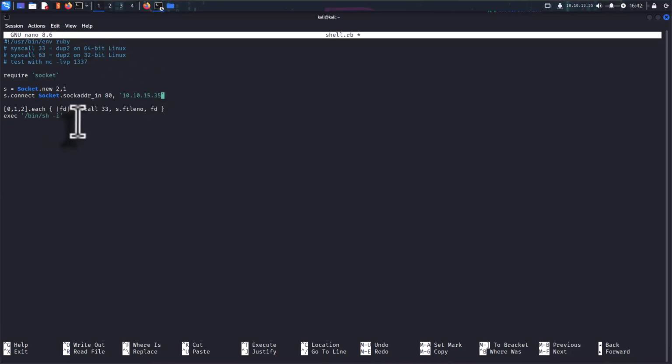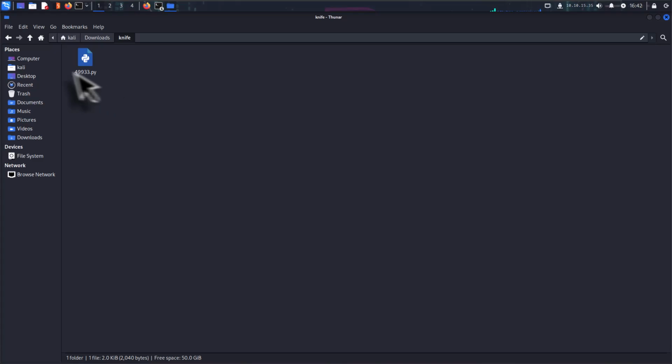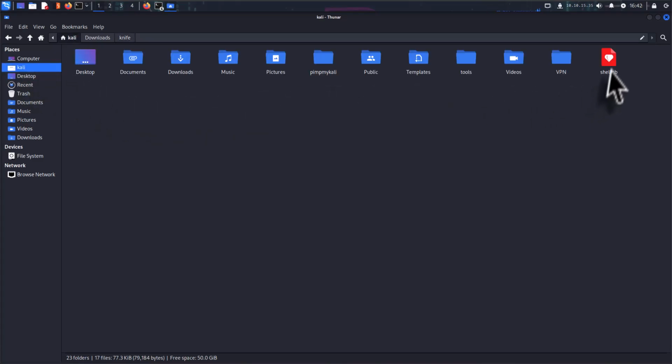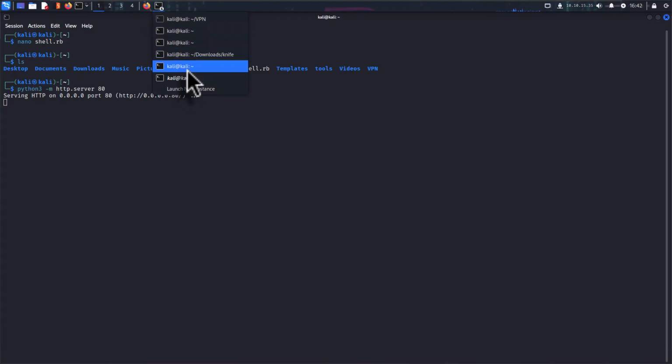Okay, so we're going to Control O to save, Control X to exit, and we're going to do an ls, and there's shell.rb. So just so you know that this is a Ruby script, you can see shell.rb right here. So now we need to get this over to the foothold machine. So we're going to do Python 3 module HTTP server on 80. And then we're going to come back to our foothold,